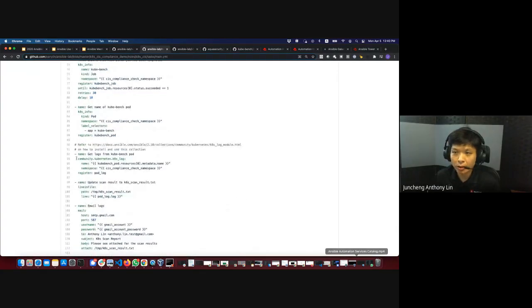Then pulling out the logs was something that I tried to show people, how we can actually make use of collections. In this case, this particular KS log function is part of the Kubernetes collections that we have up in the Galaxy. So I'm just giving it a reference, just like what we showed earlier. Then we pass in the name of the pod resource that we are trying to check, pull out the logs, and then update the results by creating a file with the content, and then we are sending out the emails, in this case to myself.